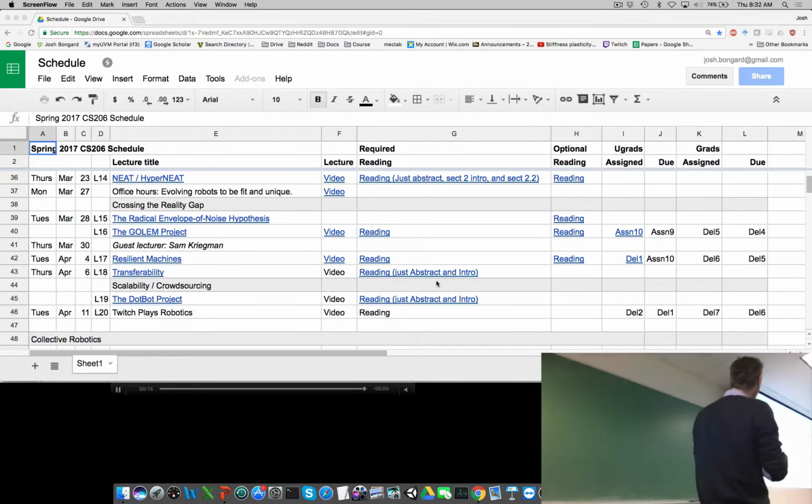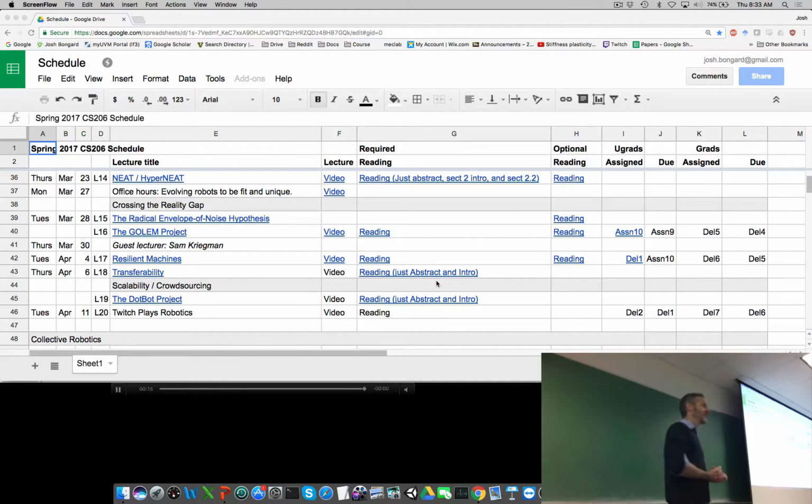Okay, we're working our way through this section on open problems in the field, and we're focusing on this 4-lecture segment on crossing the reality gap. How do we use the benefits of physics engines to speed up our evolutionary process, yet be able to validate our evolved solutions in physical machines? We looked at adding noise to the simulator. We looked at hooking up the simulator to a 3D printer. And last time we almost made it through lecture 17, where we were looking at the Resilient Machines project,